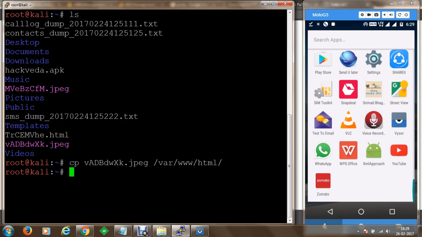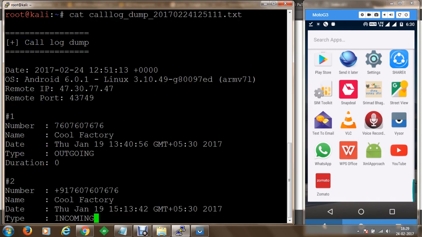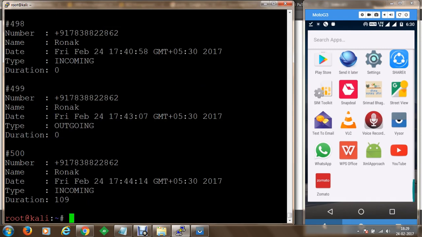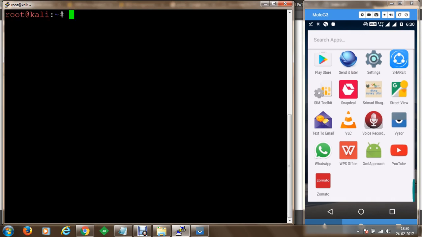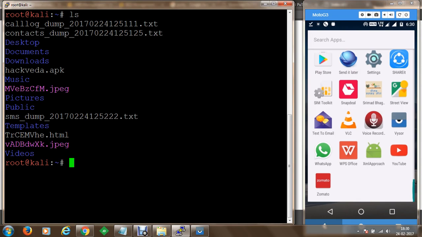Let's say if we would like to get the call log dumps or the contacts dump, we are going to perform something like the call log dump, and once we execute that, you can see that we get a list of calls which have been made, incoming or outgoing. In case you want to get a list of messages or the contacts, we can open these files and view the details.